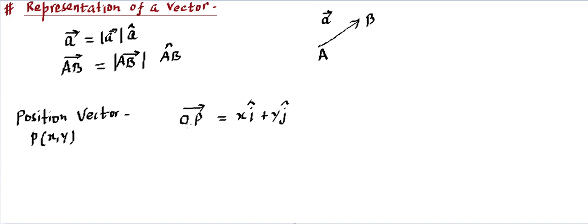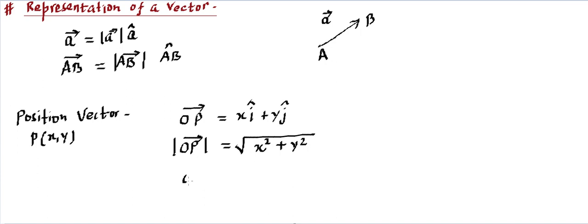This vector is known as a two-dimensional vector. Now from this expression, we can find the magnitude of this vector. So we need to place a mod on it. It is going to be written as the square root of the coefficient of i cap squared plus the coefficient of j cap squared. That means square root of x squared plus y squared. You had one example related to this.